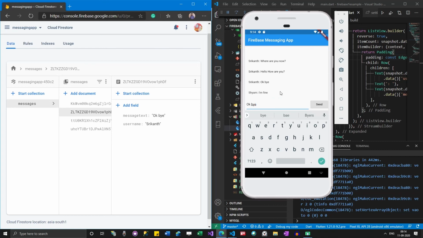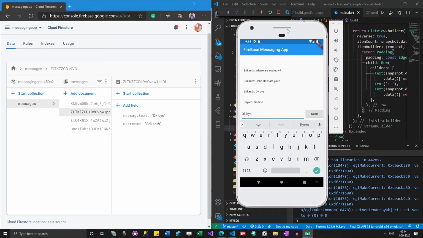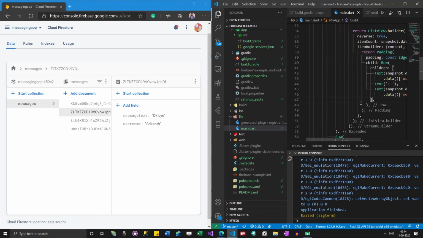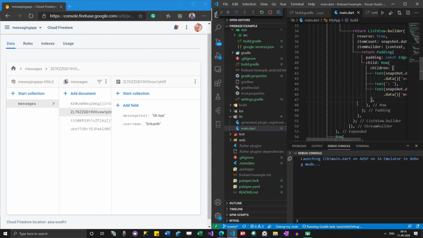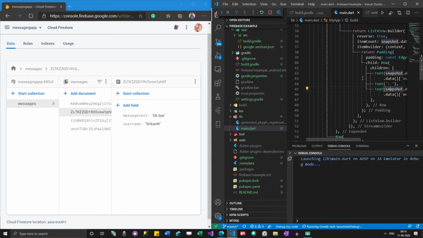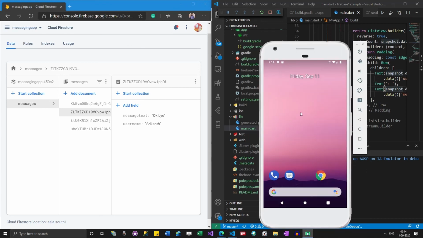For example, just imagine someone else is having the same app opened, and then they can continuously chat. Let me show that as well. Before that, I will stop this and load it again, because I want to update the APK file. During hot reload I updated the file, so the actual APK file will not have that code. Once I reload it properly, it will have that code.